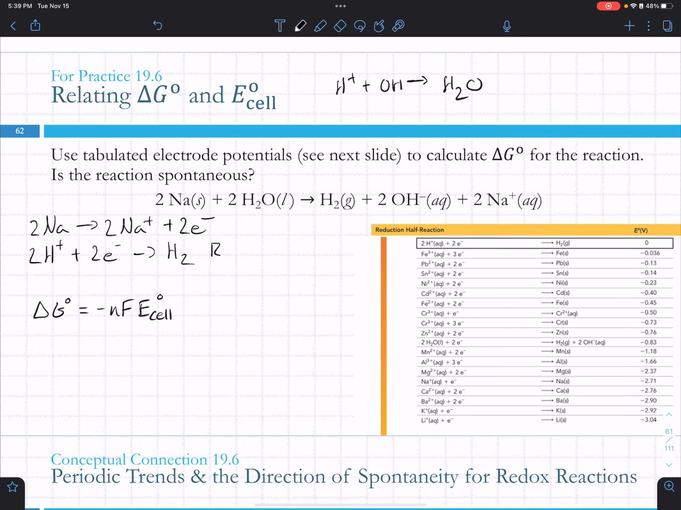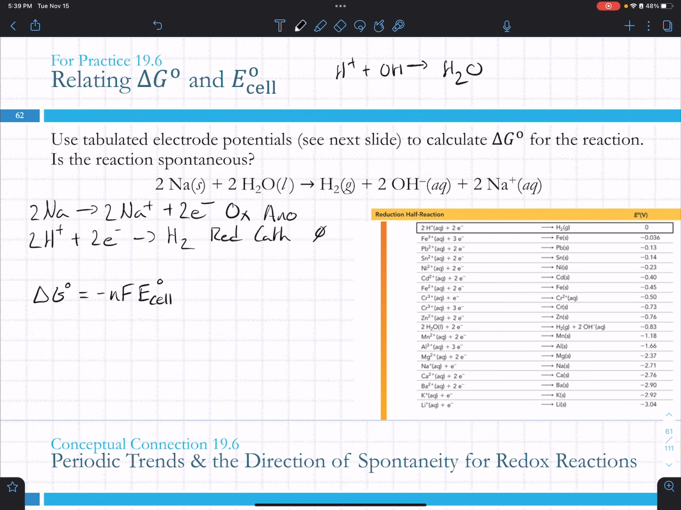So if that's being reduced, is it the cathode or the anode? Cathode. And then that means that this other one is being oxidized. It's losing electrons, and that's the anode. So the reduction potential for the cathode is an easy one. It's the standard hydrogen electrode, so it's on the chart, but it's 0. And then the oxidation,